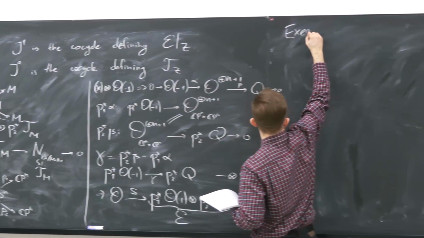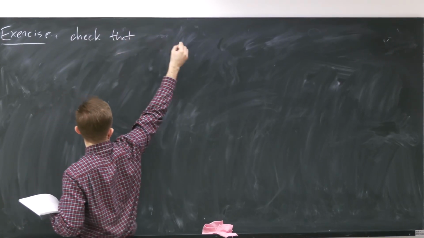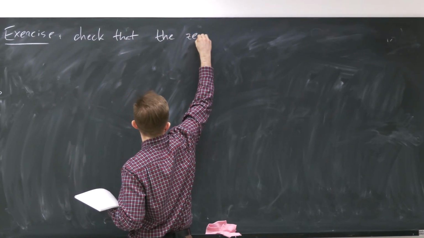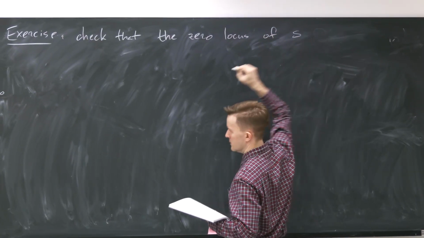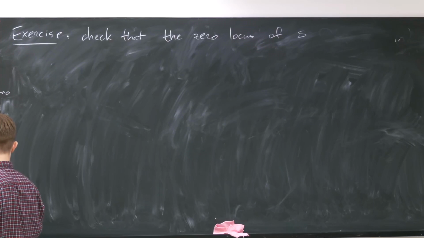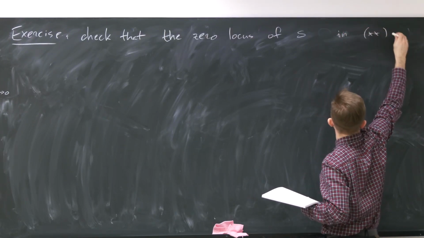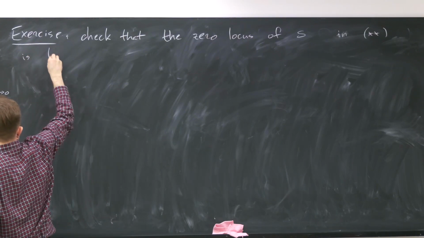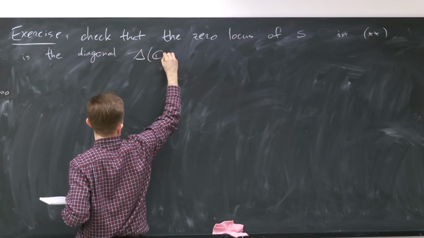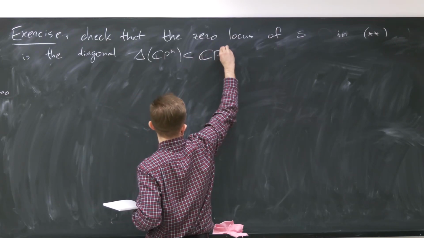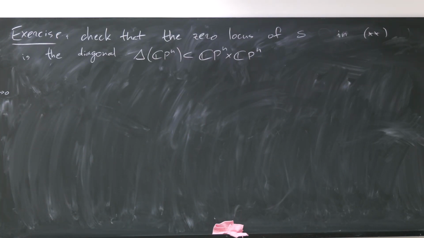So exercise: check that the zero locus of S in this formula, let's call the formula double star, is the diagonal inside the product of CPN times CPN. So, okay,